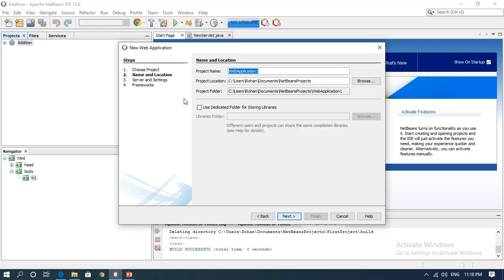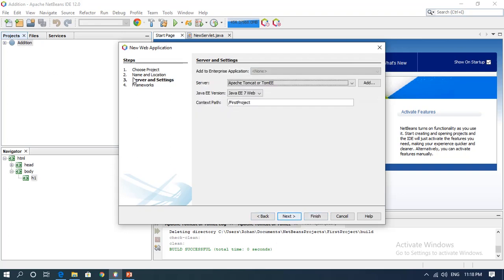Okay. Now this is the wizard which is available to you. We have already chosen our project. Here we are going to have name and location. So you are going to name your project. As this is our first project, I'll simply write it as first project. Okay. And this is the project location where that particular project is being stored. If you want to change the location, you can simply go to browse and change that. No issues with that. Okay. So this is the project name which I have given. We'll move to next. Fine.